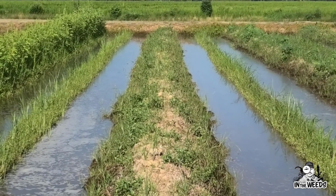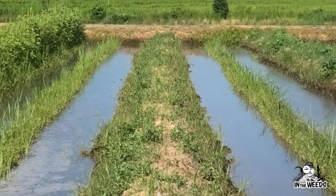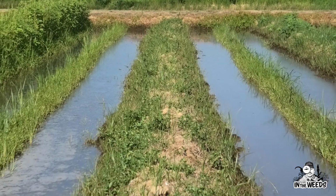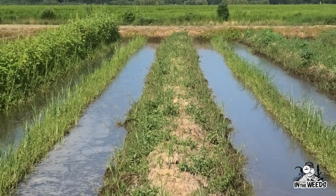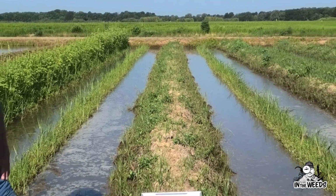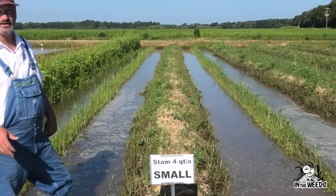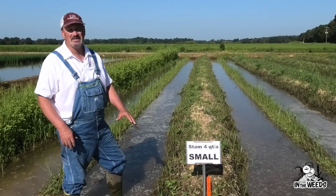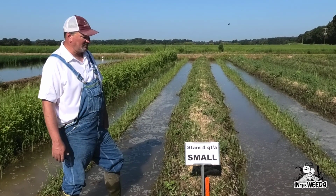If we actually look through this plot here, we do see some nut sedge on this levee, but there's a lot less nut sedge on this levee than what we're going to see in some of these levees where we had some size to the nut sedge, or some of the products that really just don't have a lot of activity on nut sedge. So that's a benefit that you get in addition to the pigweed control